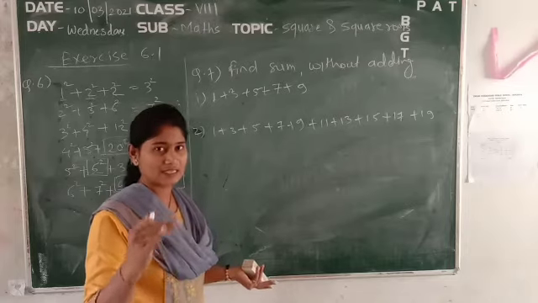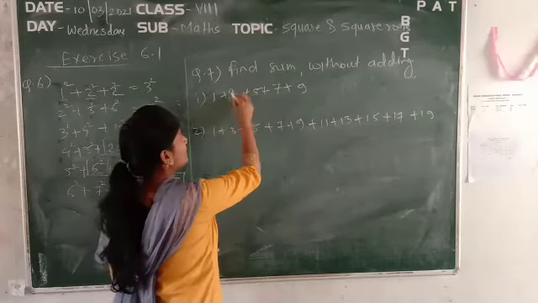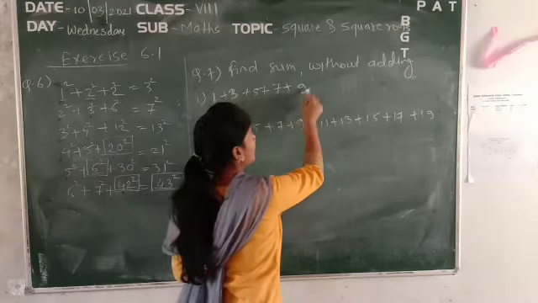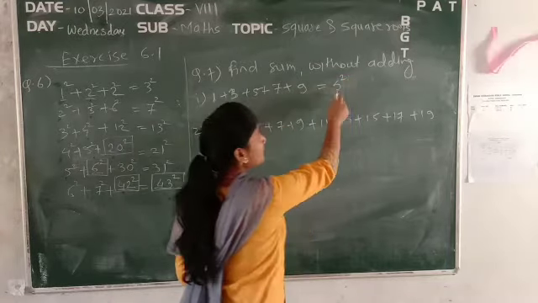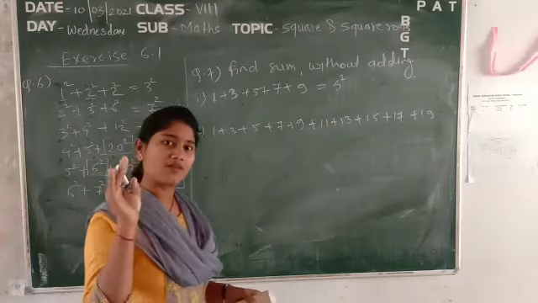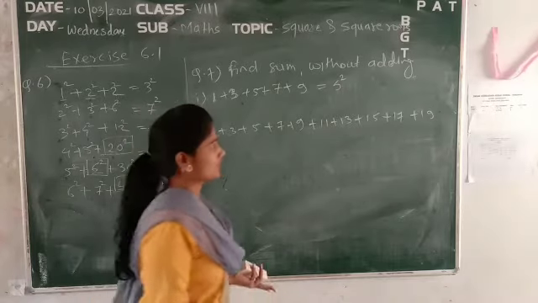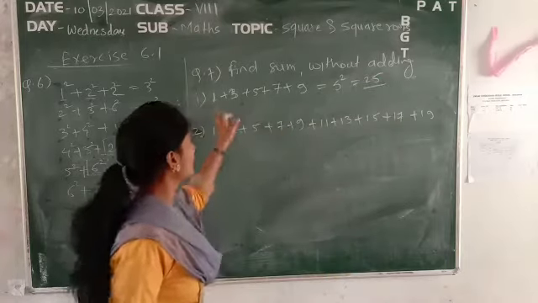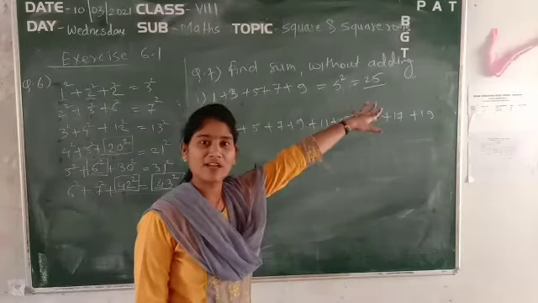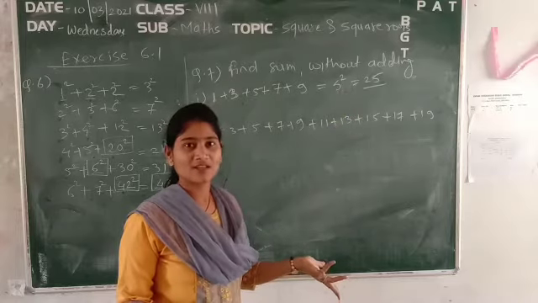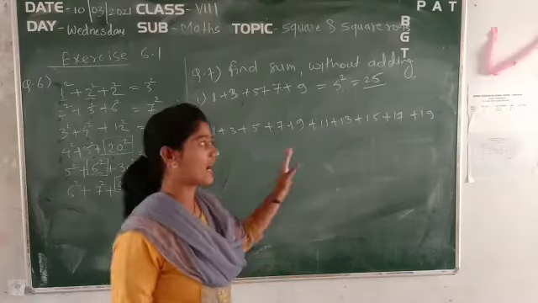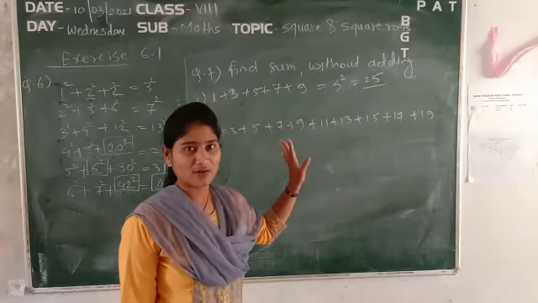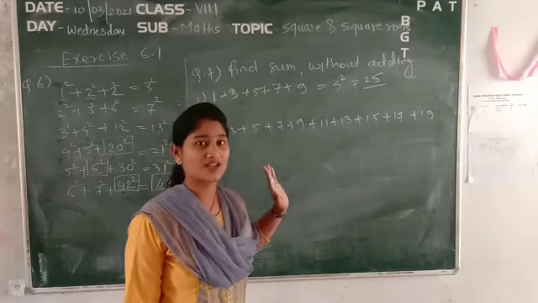Within that, just see it. Okay. So how many numbers are there? Let's count: 1, 2, 3, 4, 5, which is equal to 5 numbers. So that's why we do the square of 5. So what is the square of 5? It's 25. What is the square of 5? 25. So the addition of all these terms will be only 25. So no need to do the addition. Okay, it is very simple. So in that way, if a series of numbers is given to you, you can easily find out the addition, okay, without doing the addition.